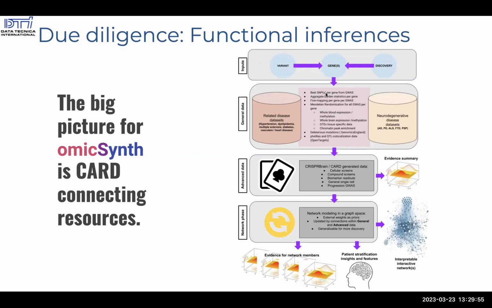So we have the SNPs per gene from GWAS. GWAS would be the genome-wide association studies, the study that I just explained. And we have more information coming in, for instance, the burden statistic per gene. What is the likelihood of a gene being associated with a disease? Then we have fine mapping per gene per GWAS. Again, that connects to the